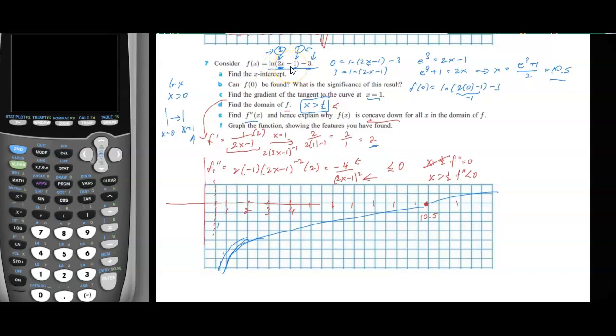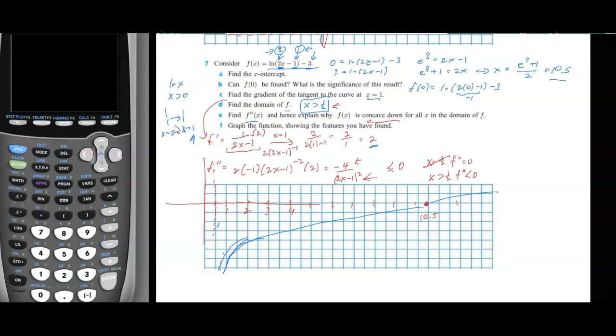What does subtract 1 in the parentheses do? Remember, it moves it to the right by 1. So the asymptote was at x equals 0. First step is we're going to move it to the right by 1, so now the asymptote's at x equals 1. Then we are going to do the 2x, which is a horizontal compression by 2. Remember? So 2x makes it look like it's going to get bigger, but it's actually going to get smaller because it's opposite world. So instead of being at x equals 1, it's going to be half the distance from the y-axis. Instead of x equals 1, it's going to be x equals 1/2. And that is where our